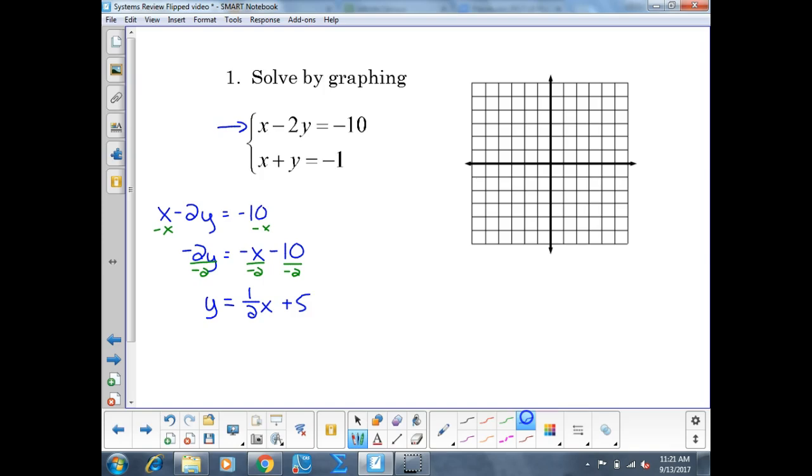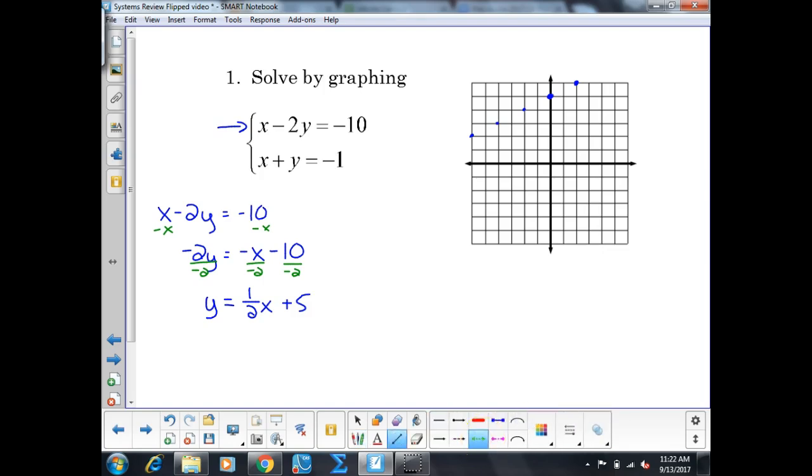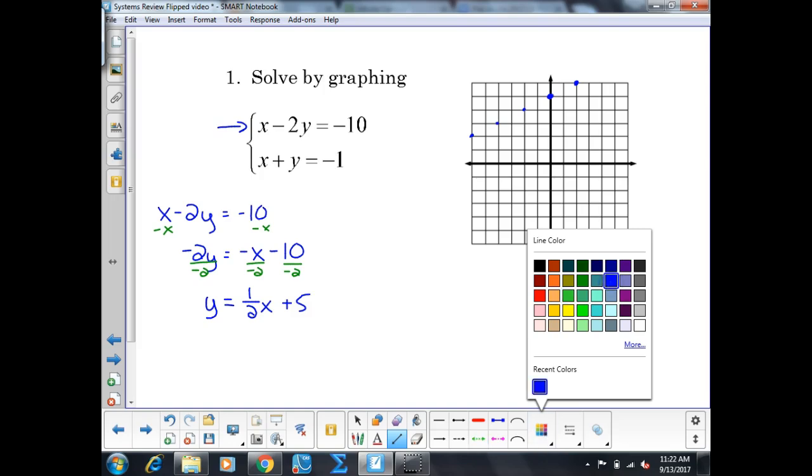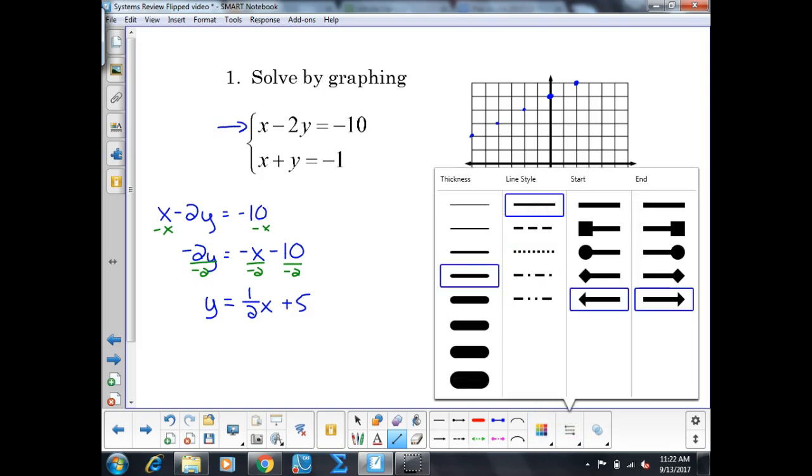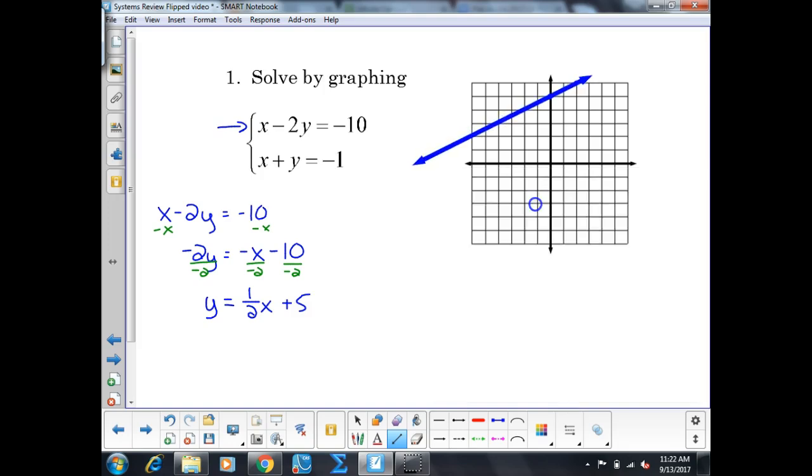On the graph then, I'm going to go up 5 from the origin. That's my y-intercept. And then my slope of 1/2 is a rise of 1, a run of 2 from that y-intercept. Or I could go the other way and go down 1 and left 2. And then that becomes my line. I want it in blue and I want it to be solid. So there is my line. Okay. Then the other one,